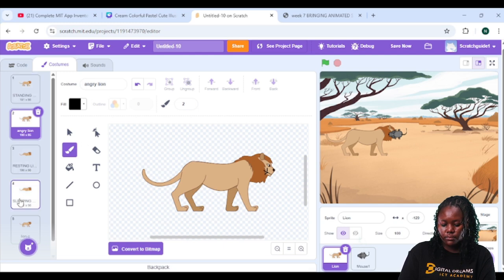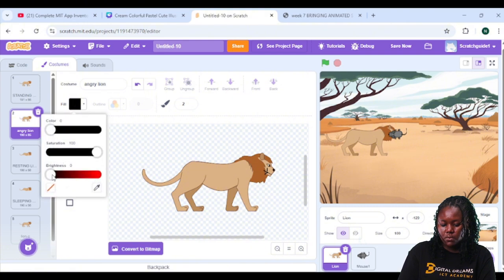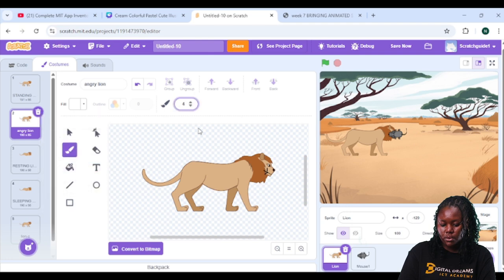Now we're going to get this white, add the white seeds, still with our brush. This time around, make your brush full. Like this, it will now look like, you see, the lion is looking angry here. So then you go back to your